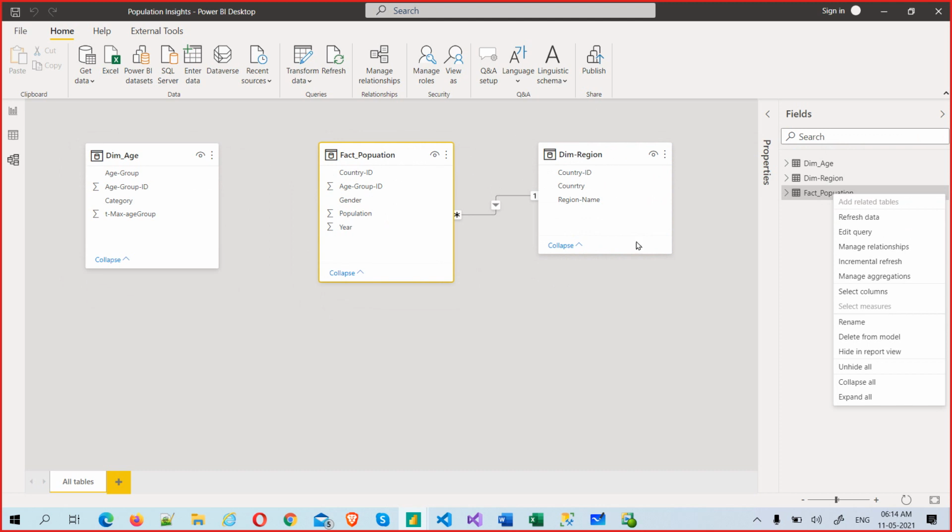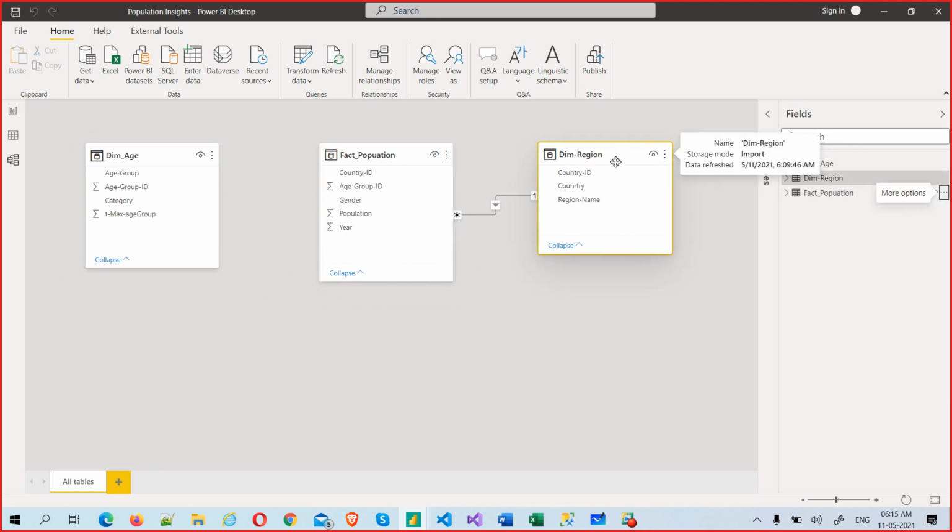Let's say if you are using a combined table, if I do anything, I need to refresh the entire data, 6 lakh records. But if you go back and see this dim region, very few records, 199 records. Dim age group, only 6 to 10 records. But we understand from what perspective we are analyzing the data. That's where this model is very, very important, and relationships are also important.